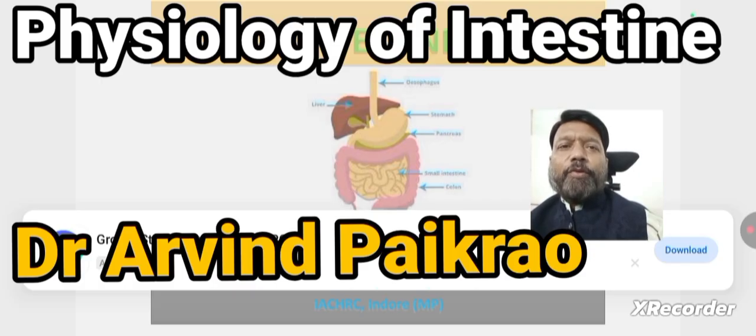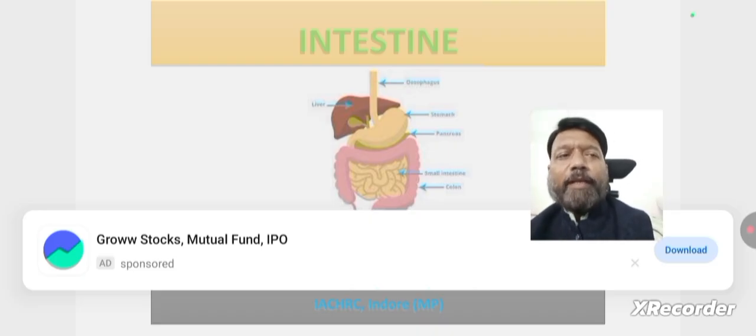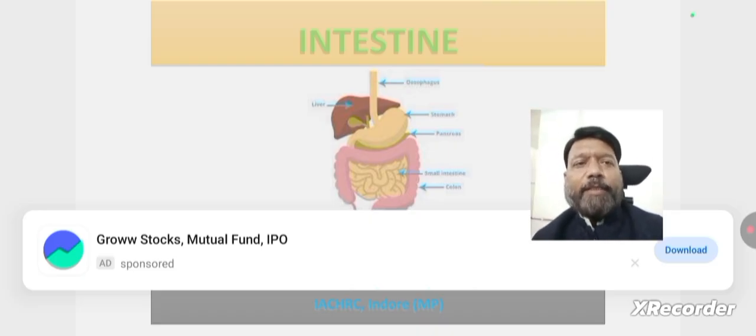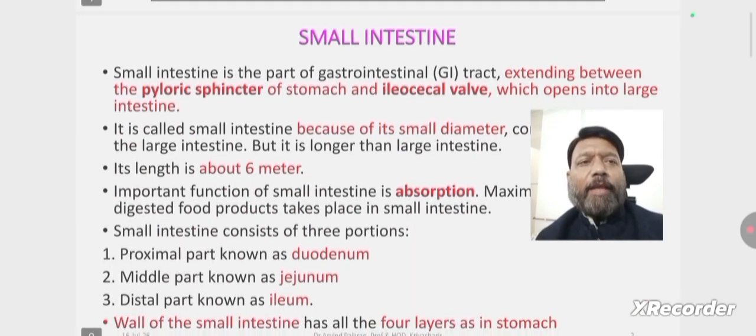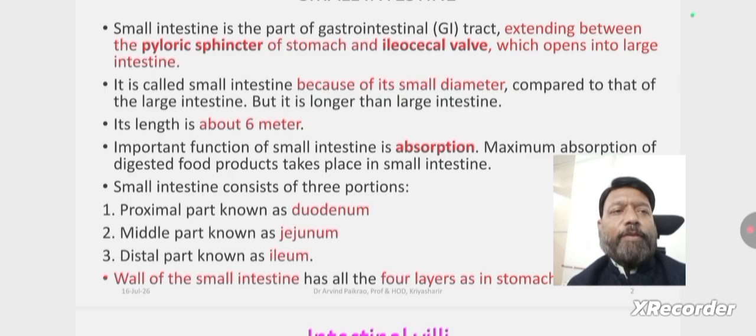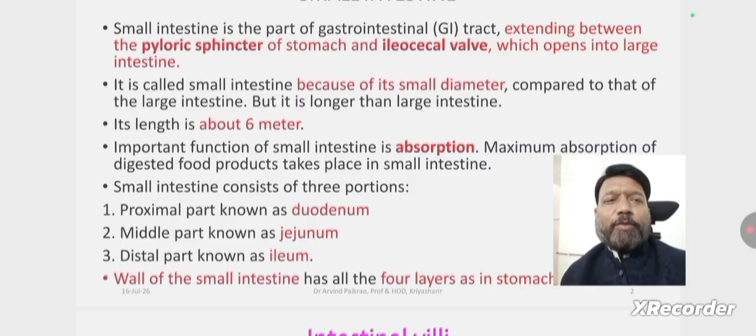Today we are going to talk about the intestine. In the intestine, there will be two parts: one is the small intestine and the second one is the large intestine. So we'll see the small intestine first. Small intestine is a part of the gastrointestinal tract. It extends from the pyloric sphincter of the stomach to the ileocecal valve, and which will eventually open into the